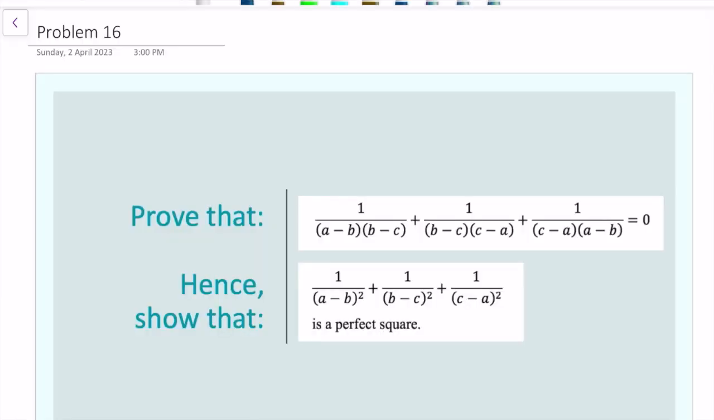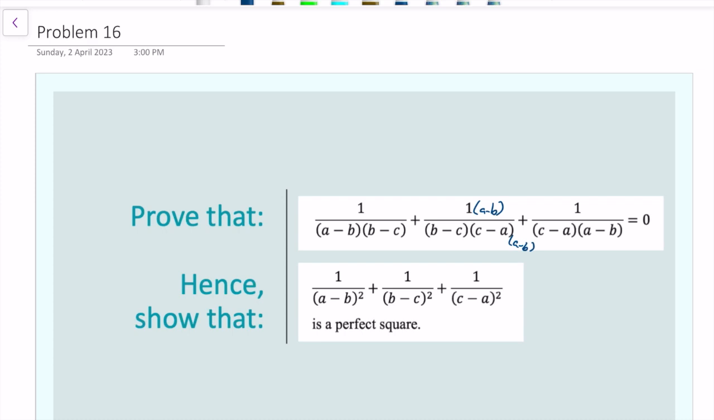Okay, so the first part of this problem is not too bad. We need to show that the sum of the three fractions equals zero. We need to make them have the same denominator, and as we can see there, two of the denominators have got an a minus b, so if we stick an a minus b onto the middle one by timesing by a minus b top and bottom,